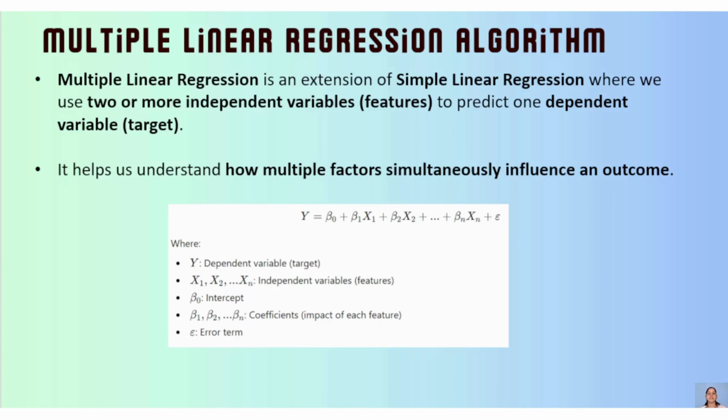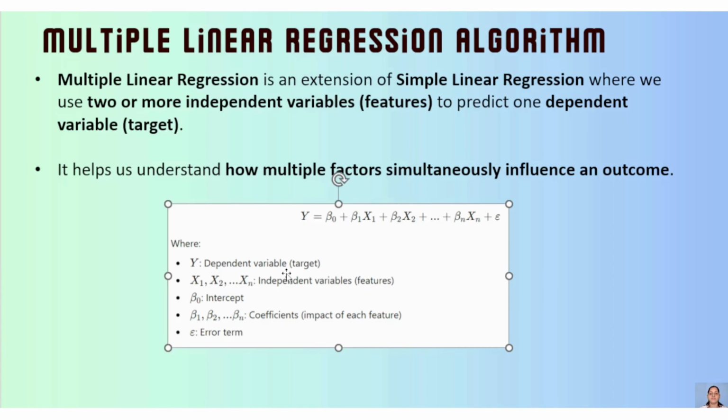Just understand that in simple linear regression, we are finding the correlation between dependent and independent features. However, here more independent features will come, which we already observed in our practical example. This algorithm helps us understand how different factors are affecting the target variable.